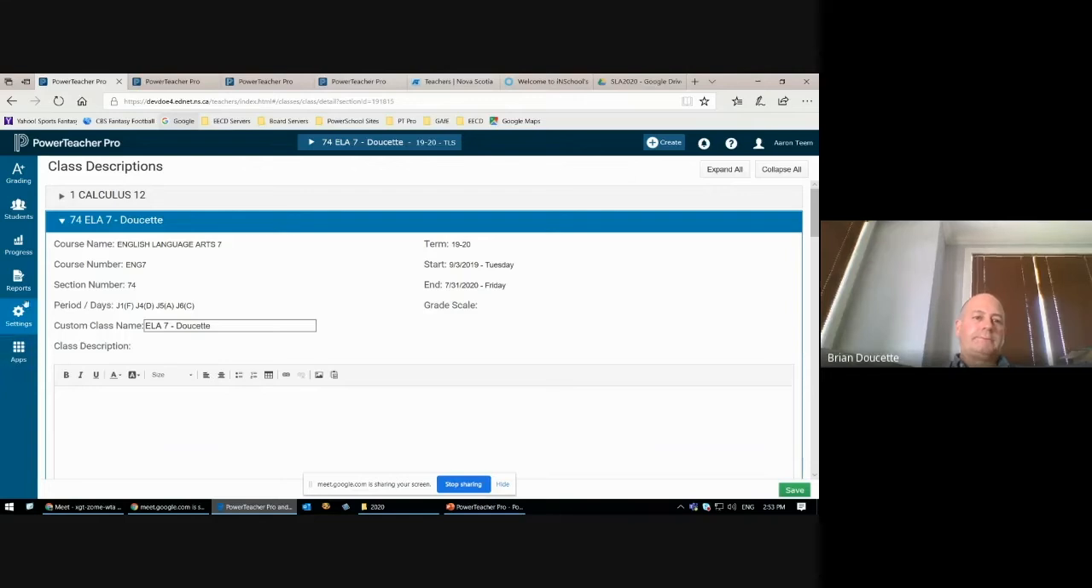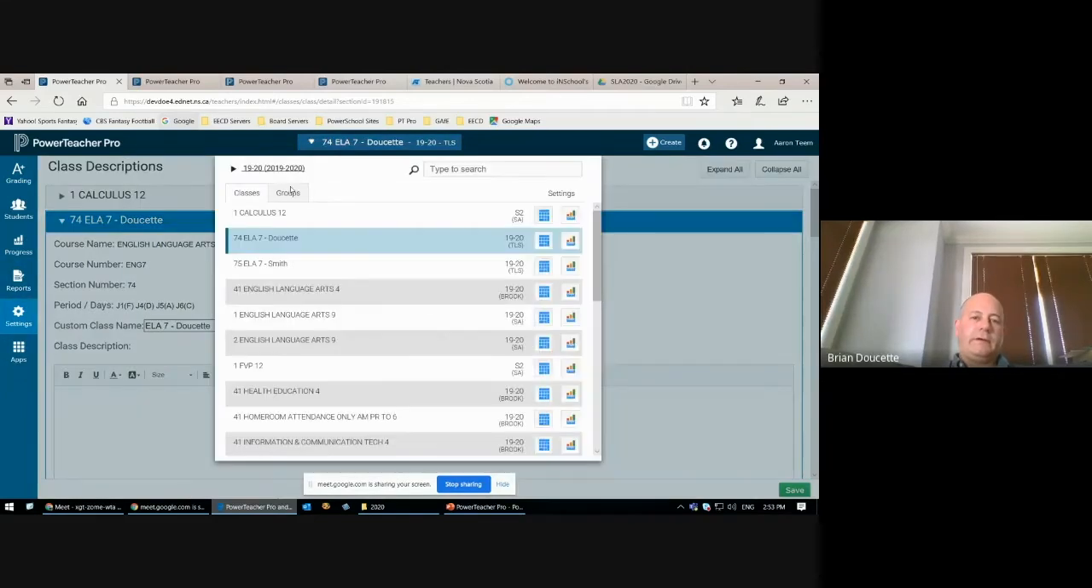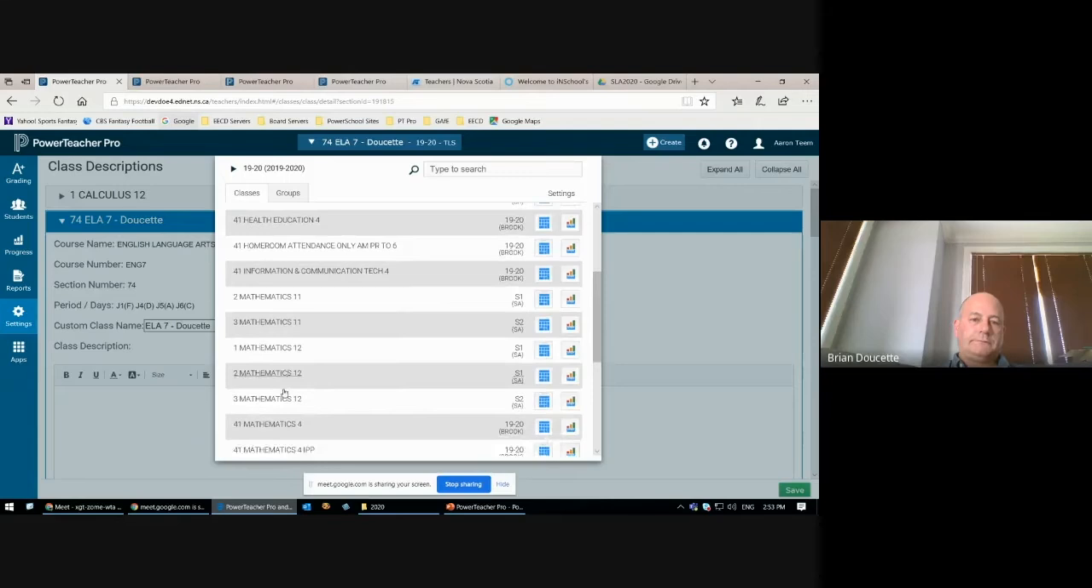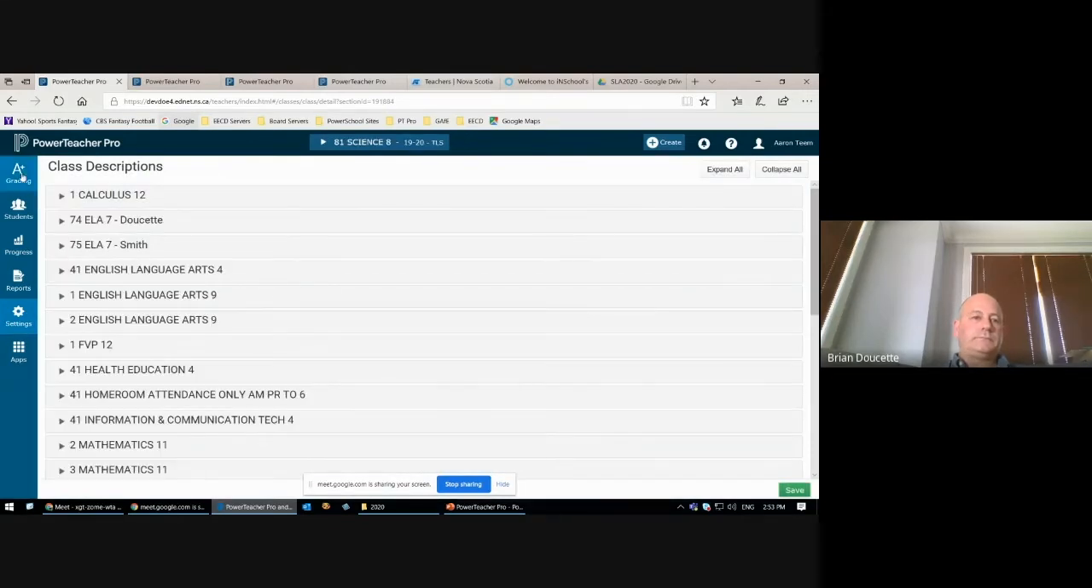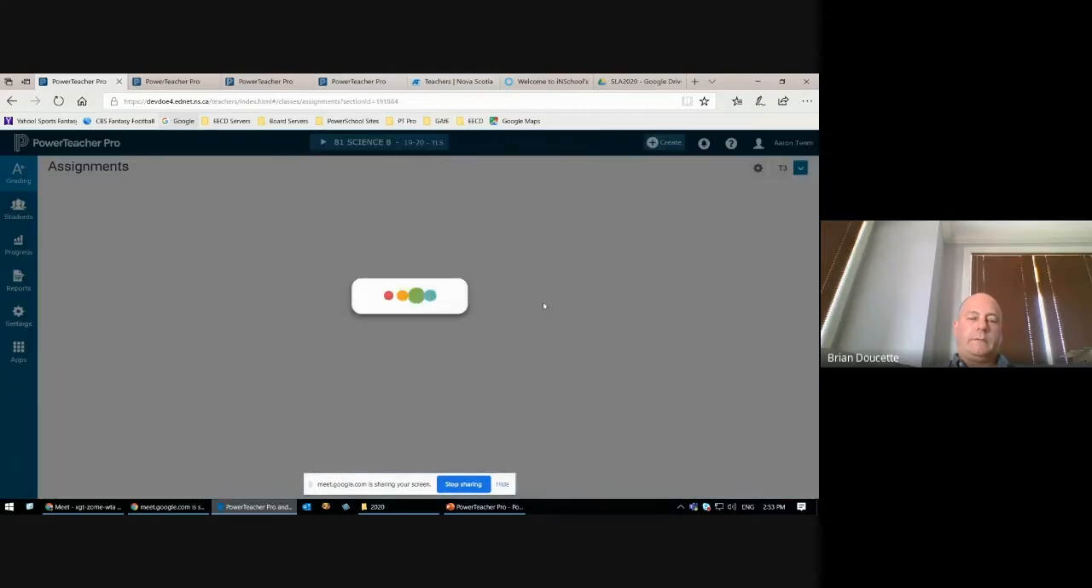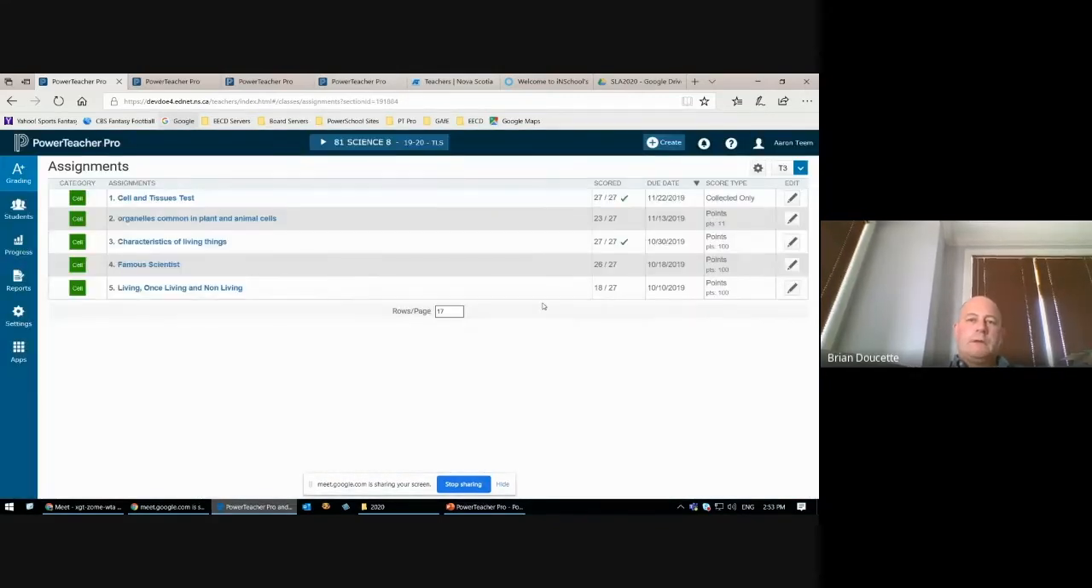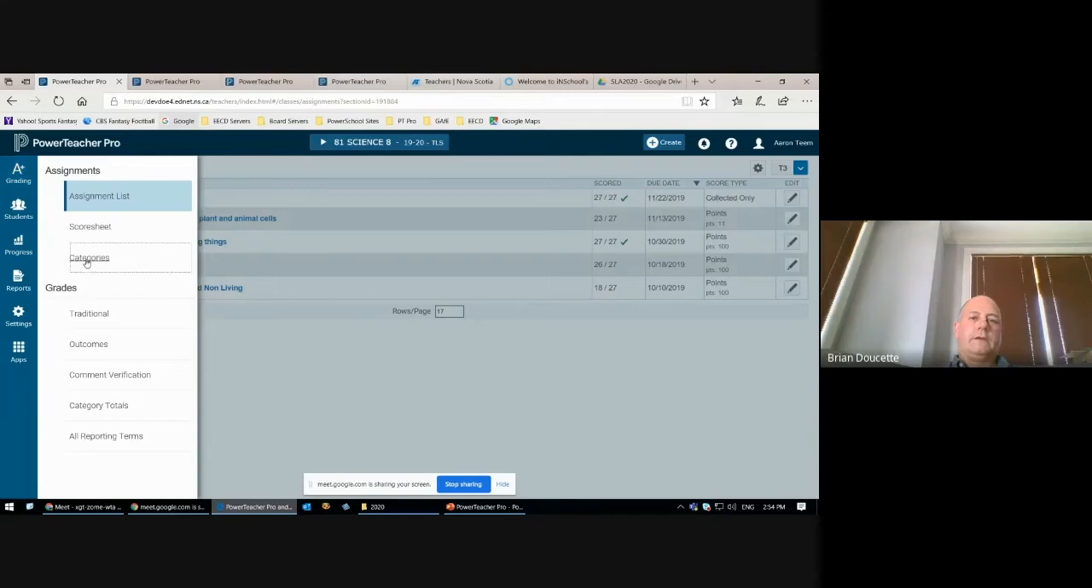So let's see here. Let's go back to Science 8 and go to my assignment list. All right, so for this class, we already have some assignments entered, and you'll notice that they are attached to a category. So let's take a look at the categories that I have in my PowerTeacher Pro gradebook. I'm going to click on grading, click on categories,